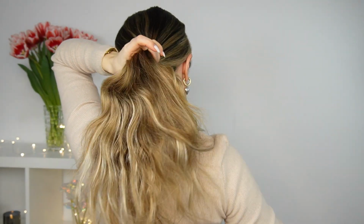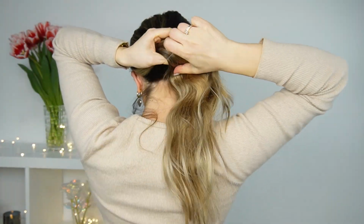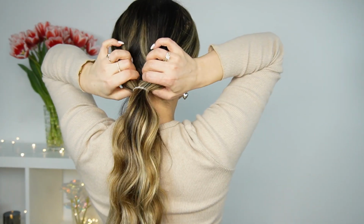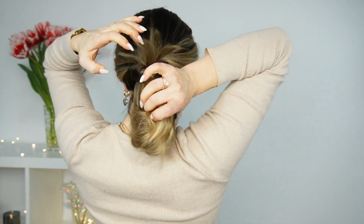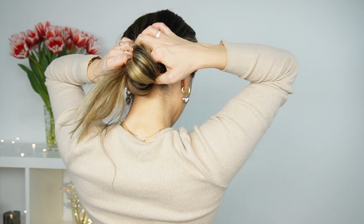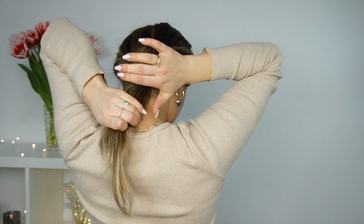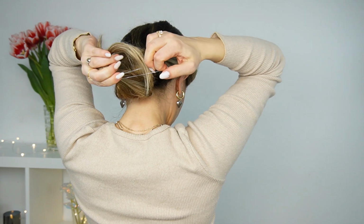For our next one, we want to make a low ponytail, gathering all our hair. Then you want to loosen it a bit, make an opening and bring the ponytail through it. And now again, you want to bring it through your opening one more time. Then grabbing the ends, you want to tie it with a clear elastic so it will not unravel, and then